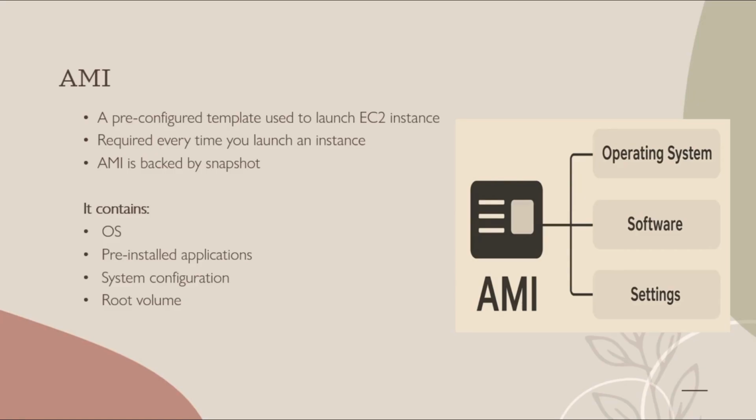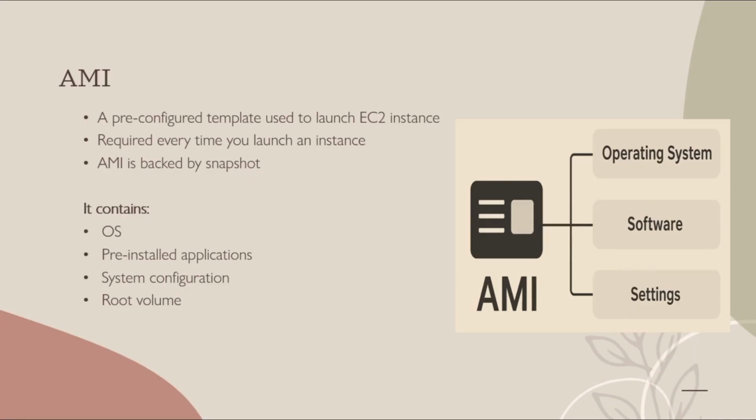So we don't need to install everything manually, and the AMI will already contain all those things to launch the server. And whenever we want to launch an EC2 instance, we must choose an AMI, and the chosen AMI will tell what type of system we are going to create. And the AMI is backed by the snapshot, which means whenever we create an AMI, the snapshot will be